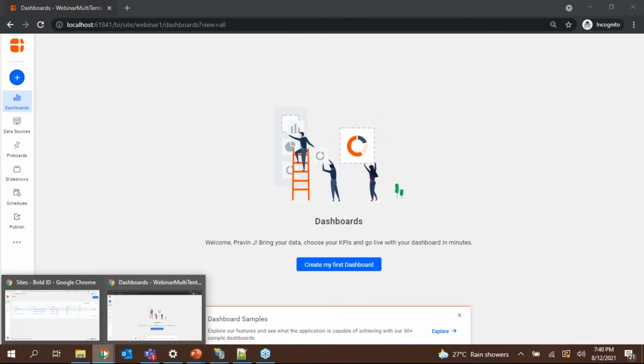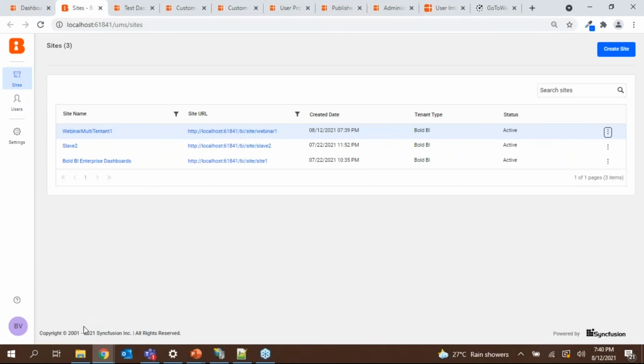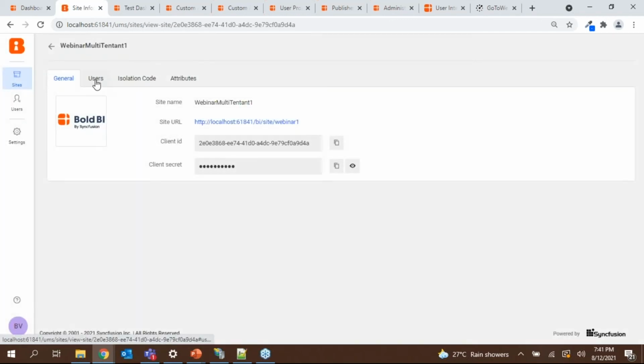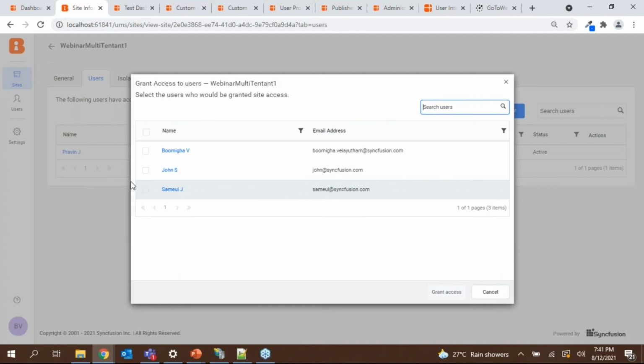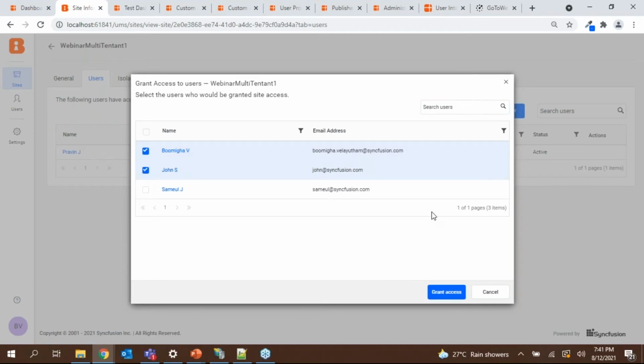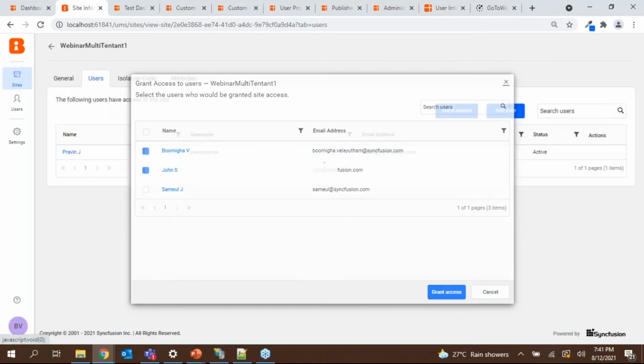Now let's see how to add users for different tenants, or how to add a specific user to multiple tenants. For example, now I want to add users for a specific tenant. So click on the tenant where you want to add, and there will be an option called users. Here you can grant access for the users. The users you have already added will be excluded from the list, and other users, like whatever the other tenants have, will be listed here. So you can just select them and choose the option grant access. Then the selected users will be automatically added to this tenant.